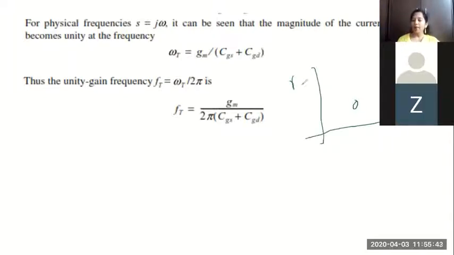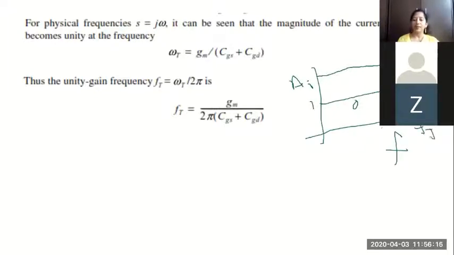So effectively this is that frequency at which, if I draw the characteristics, if I plot current gain, please remember I am plotting current gain versus frequency. The gain will be constant initially, high for whatever value you have designed. After some time it starts dropping. Whenever the value of this current gain Ai becomes 1, whatever frequency I get, that is called my transition frequency ft.